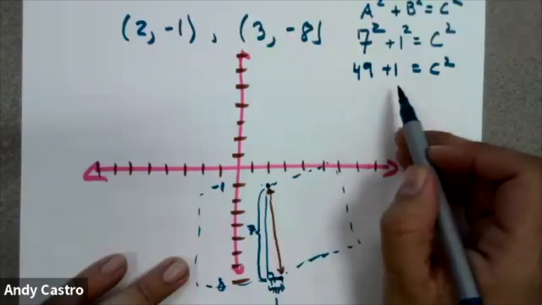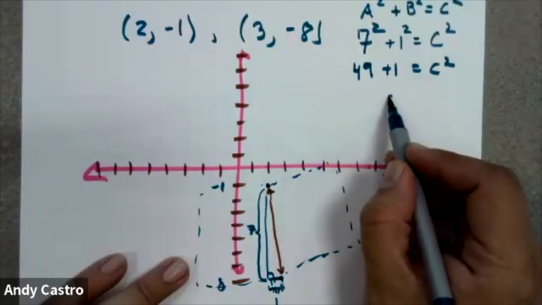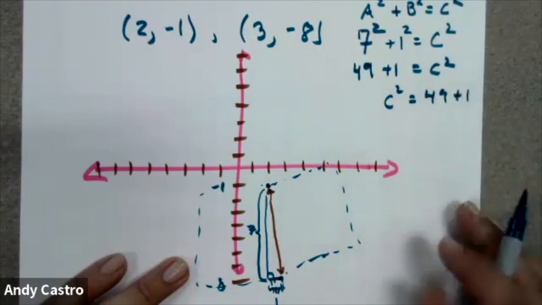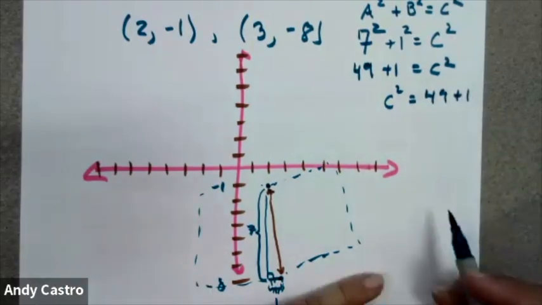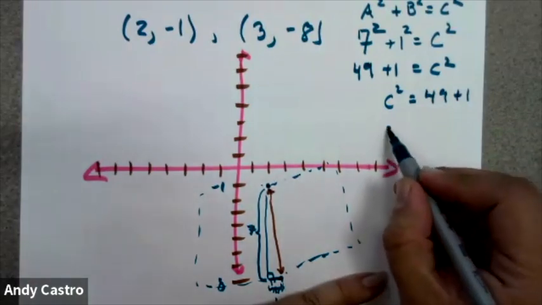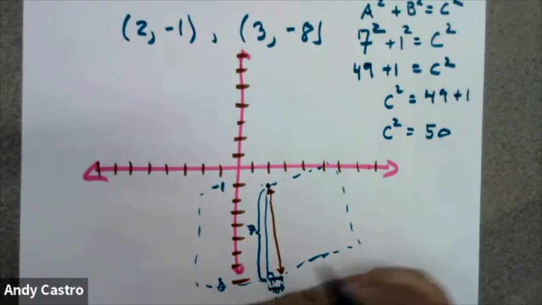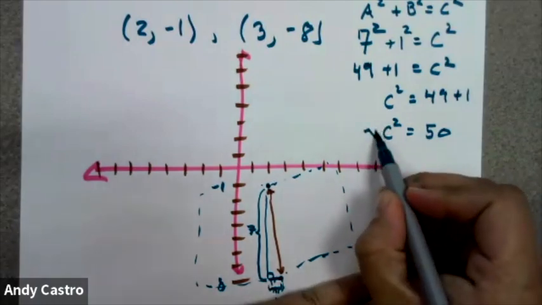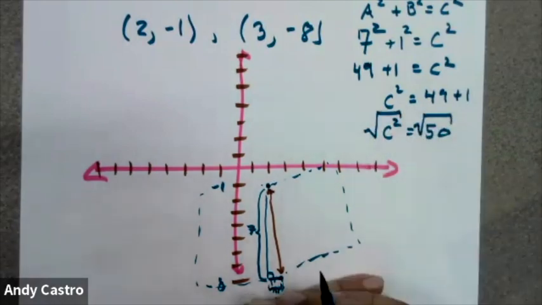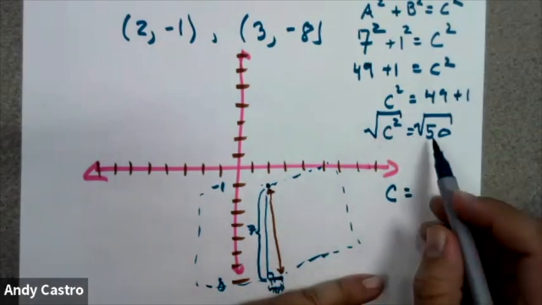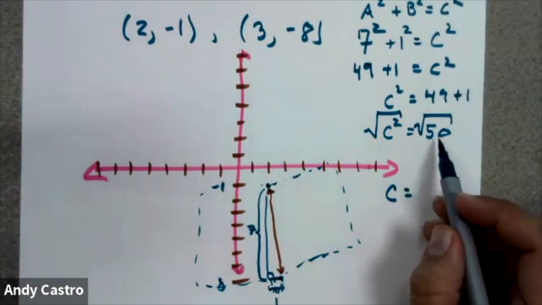I'm going to switch the orientation here. So this is going to be c squared is equal to 49 plus 1. And 49 plus 1 is 50. So we have c squared is equal to 50. Okay, and then to solve for c, I'm going to take the square root of both sides. The square root of c squared is c. And 50 underneath the square root,